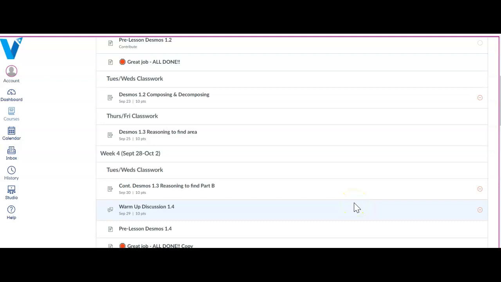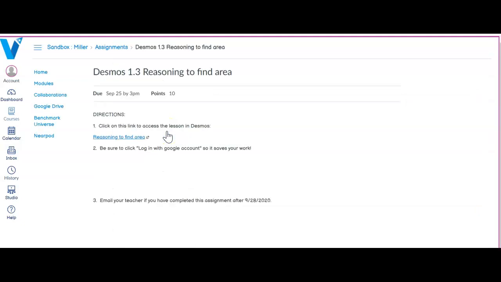Okay, mathematicians, on to the next lesson, Desmos 1.3, Reasoning to Find Area. I had to split this up into two different class times, so the first one is just an activity in Desmos with nothing to turn in. So if you go ahead and click into this one,